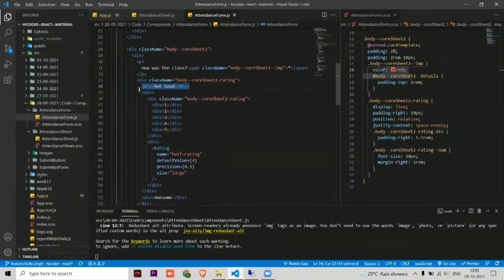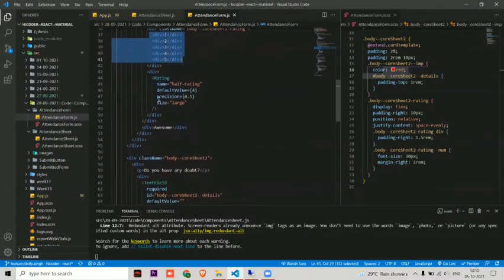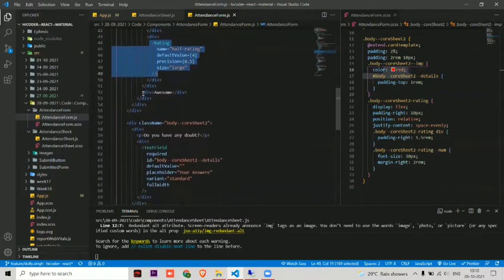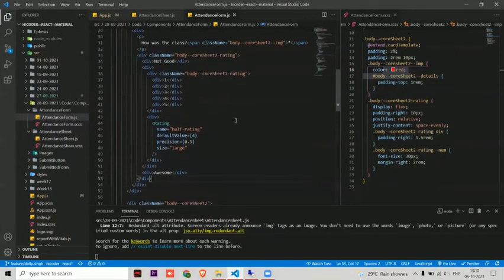So I have taken one div here, and I have put not good in one more div, and then again I have taken a div, and for that I have used one more div, and inside the div there is rating, and after that you have to give rating from React, and then that div has closed, and then again one more div has started for awesome. So you have to do so many things for that, and for that I have used the body code tag, for body corset important. Here is a red color. Okay, here is for rating.